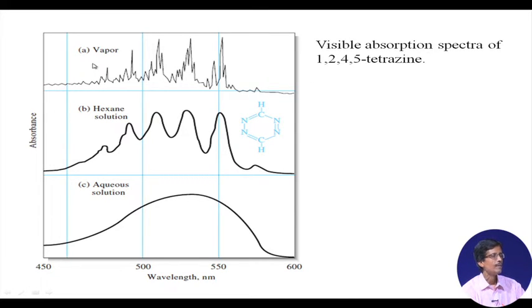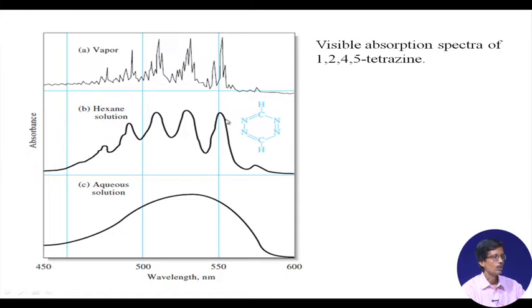So, that basically is seen very well in the case of its vapor state. If we take that molecule simply in the vapor state, this particular first band you see at 550 nanometer, which we get for the hexane solution, is further split into 1, 2, 3, 4, 5, 6 bands. So, within one vibrational level we can have several rotational levels also. It is not that all the vibrational levels are involved, with all the vibrational levels giving us some averaged one. So, the vibrational as well as the rotational fine structure is possible to get when we have